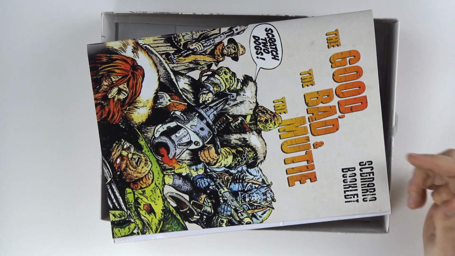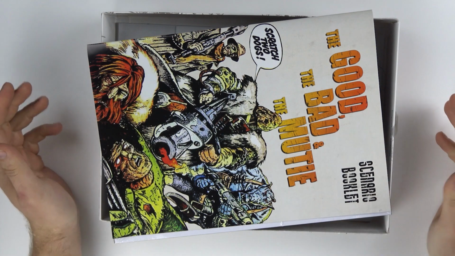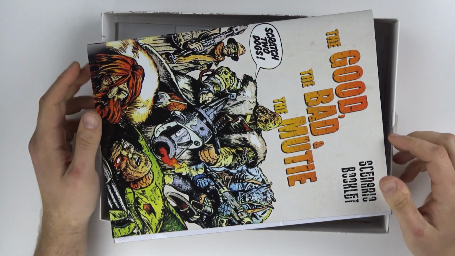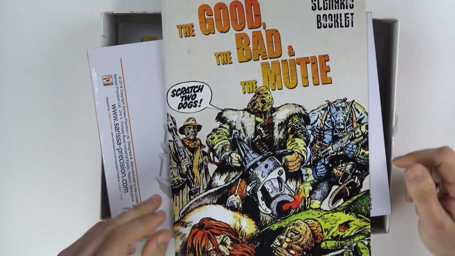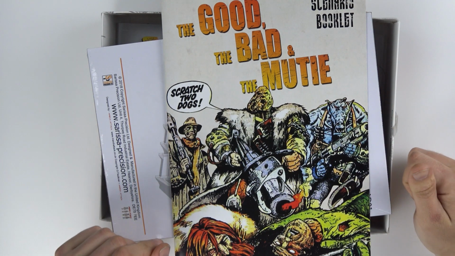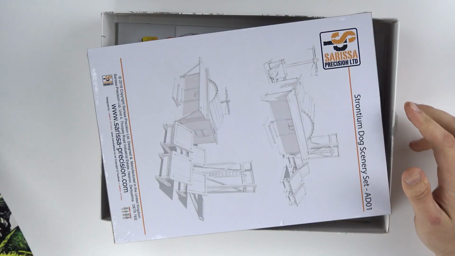The Strontium Dogs two-player starter set, The Good, the Bad and the Mutie, is an incredible value box set by Warlord Games. Strontium Dog is set in the 2000 AD universe and focuses around the adventures or misadventures of two characters, Johnny Alpha and Wolf Sternhammer, Space Viking, as they travel through dimensions hunting down outlaw mutants in the